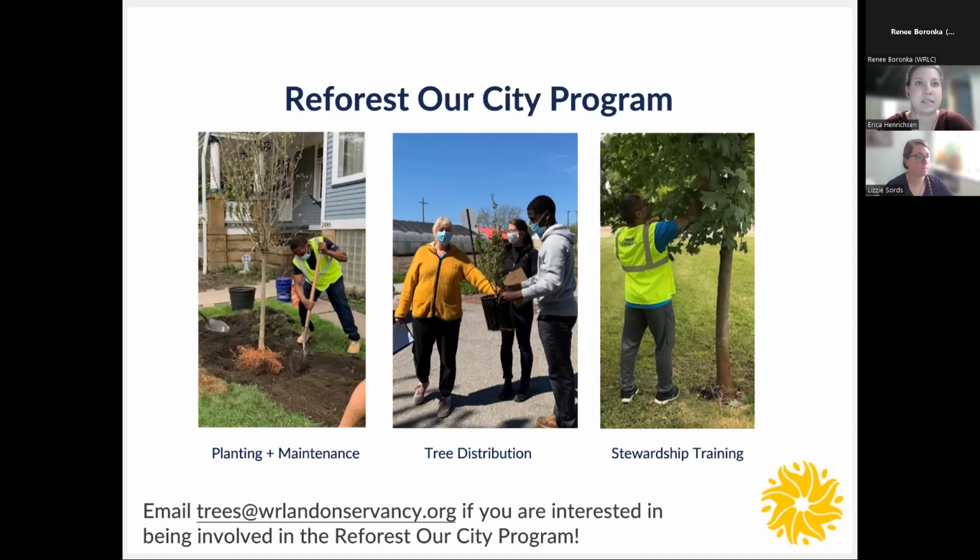And then finally, our last focus of the program is our Tree Steward Training Program, which is where interested individuals can learn how to plant, care for, and maintain trees. And this allows our program to foster the growth of individuals that are key volunteers and valuable assets to our program's mission. So if any of these programs pique your interest, please feel free to reach out to